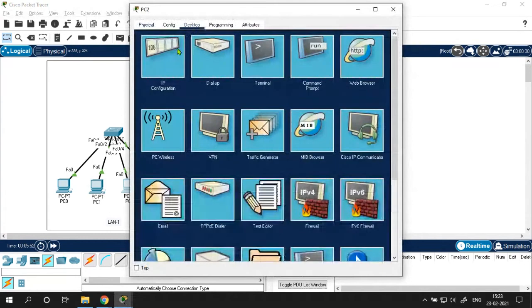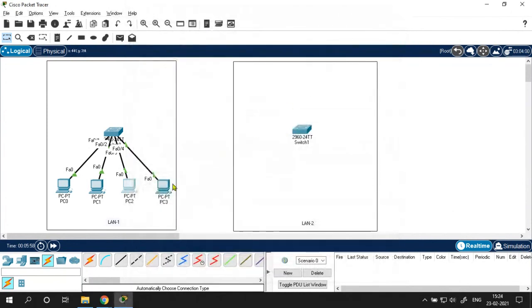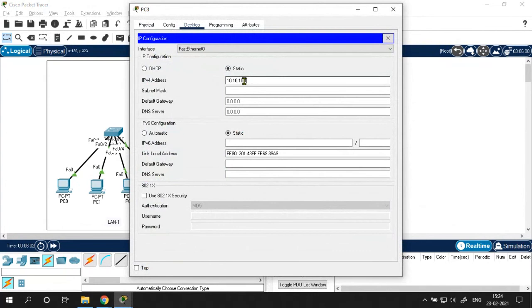This will be the third PC in the same network. Fine. This is the fourth PC in the same network. All right.